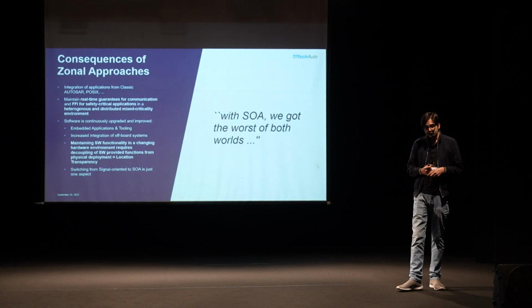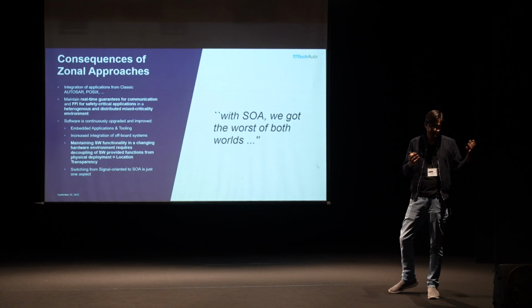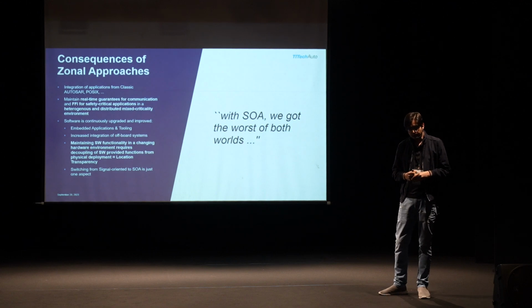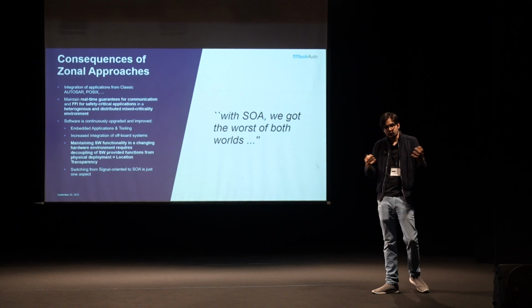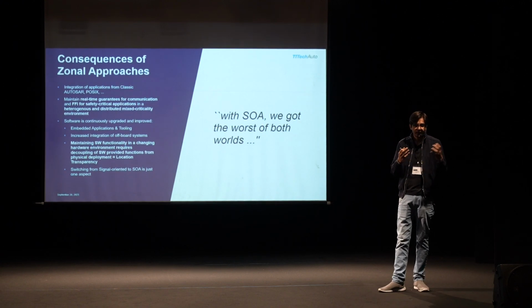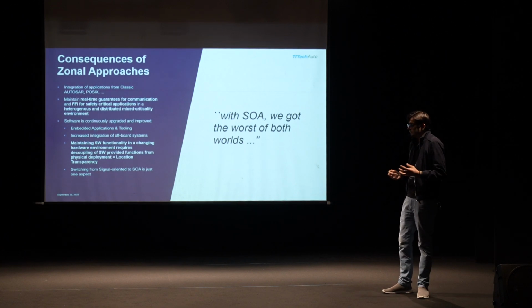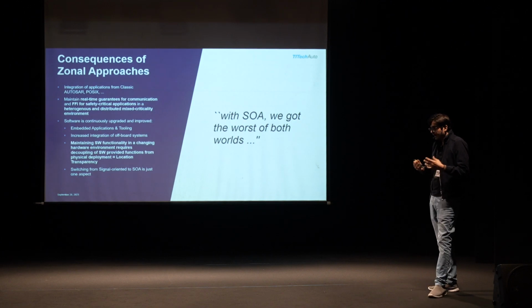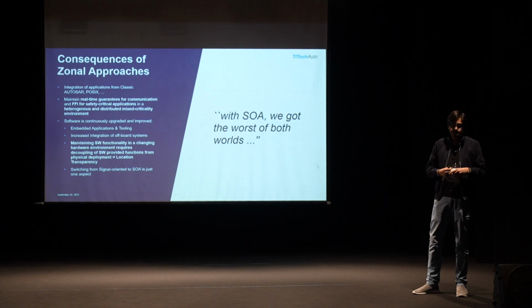What are these consequences? So as I talked about, in the legacy world, the single ECU functions were coming from the same ecosystem. So if you were doing a control application, you could do it in the classic AutoSAR world, but now you are sharing the ecosystem as well. So an event chain could be composed of classic AutoSAR, POSIX, different kinds of applications, and those need to be integrated on these SoCs, while maintaining these real-time guarantees, providing them the freedom from interference so that they can execute,